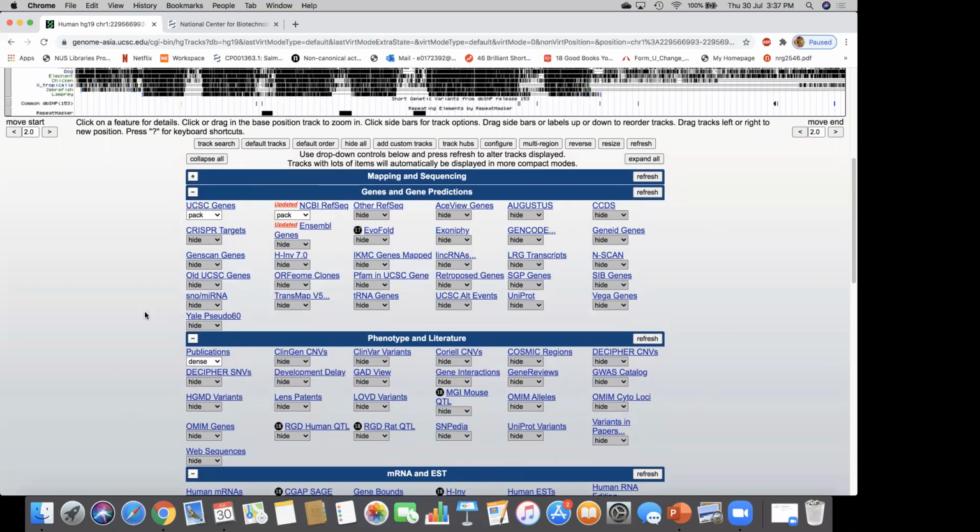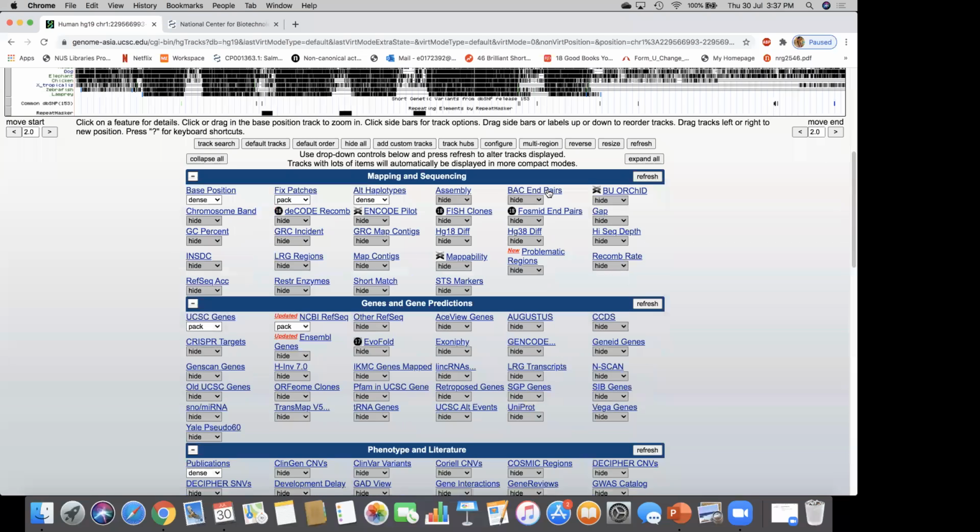another information. So here you can see CRISPR targets. If you want to know whether there is any CRISPR target for the gene, in here it is highlighted. You click, unclick and see, or change the settings, then you know what CRISPR targets are available for the gene. For example, if I open this one map, then here I see the back clones.